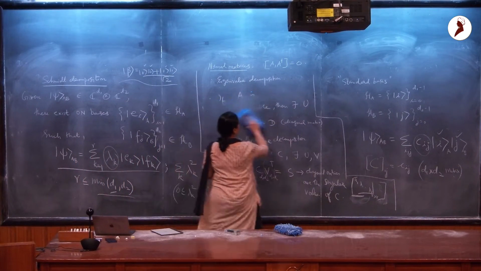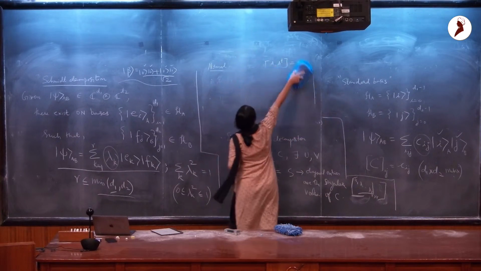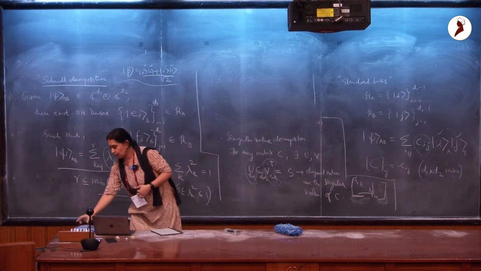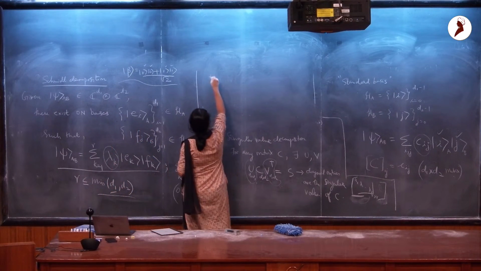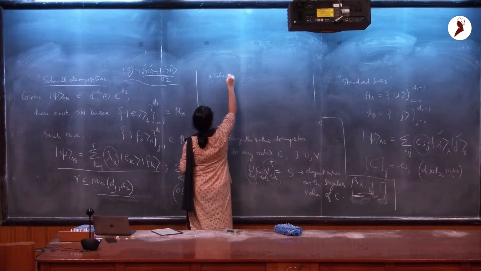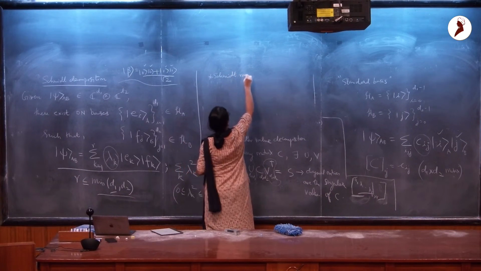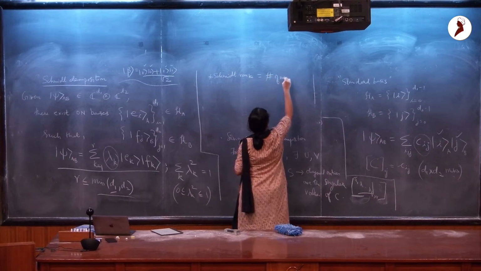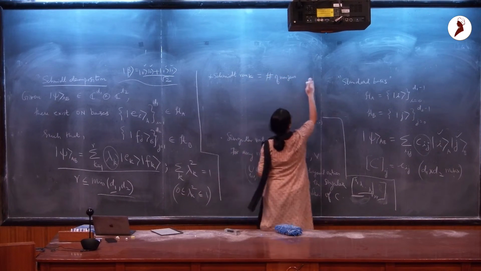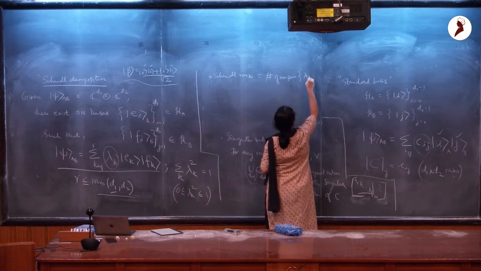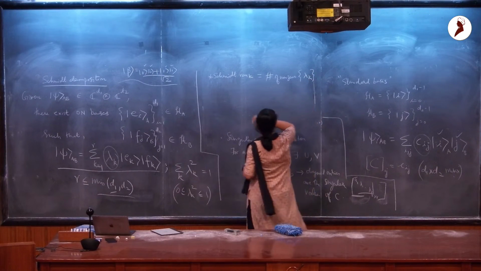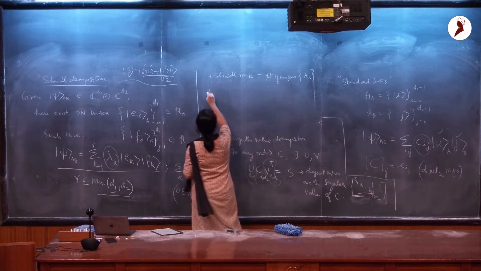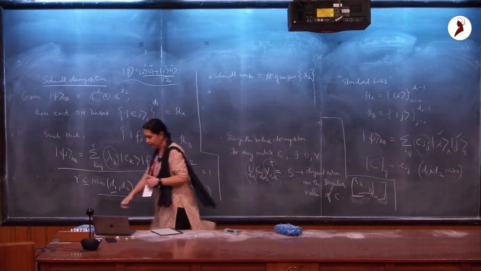So let me erase this part. One is to ask how many non-zero Schmidt coefficients you have, and that is called the Schmidt rank of the state. So there is something called the Schmidt rank, which is basically the number of non-zero lambda k. And the second thing that I can do is